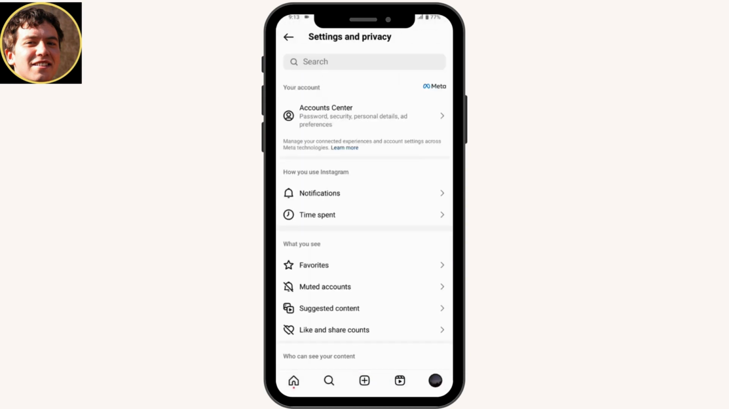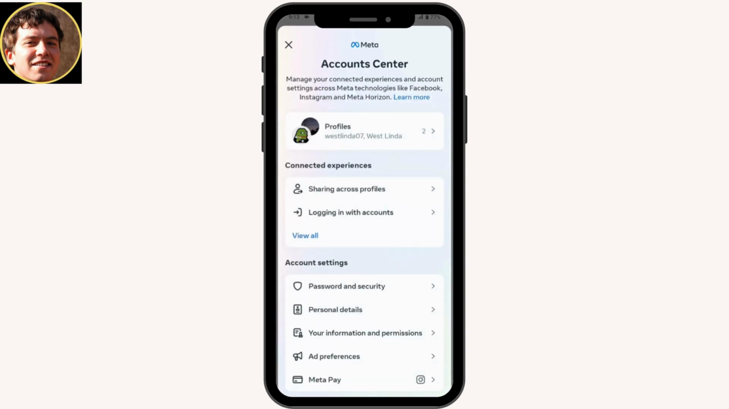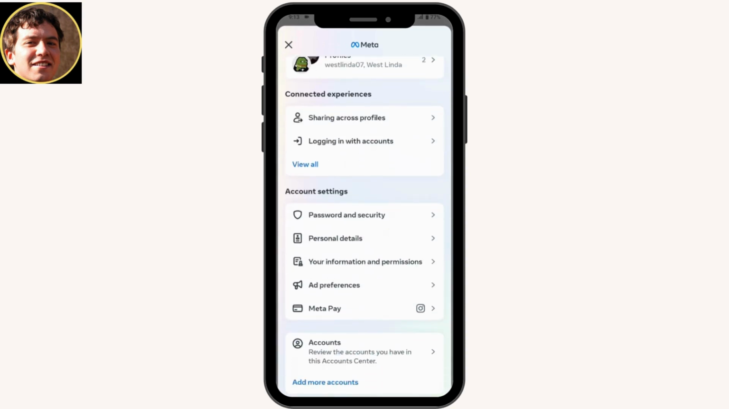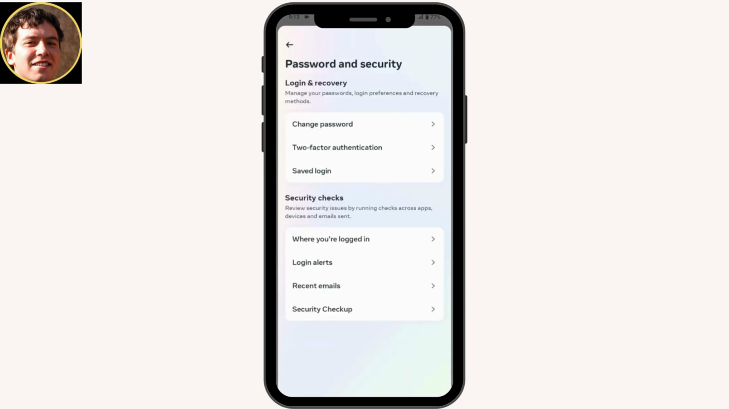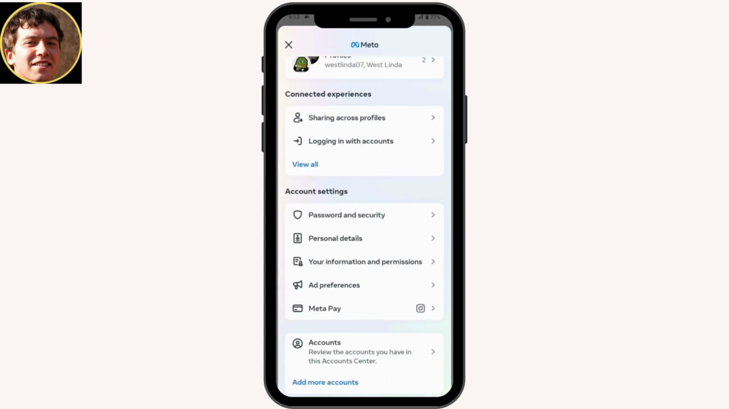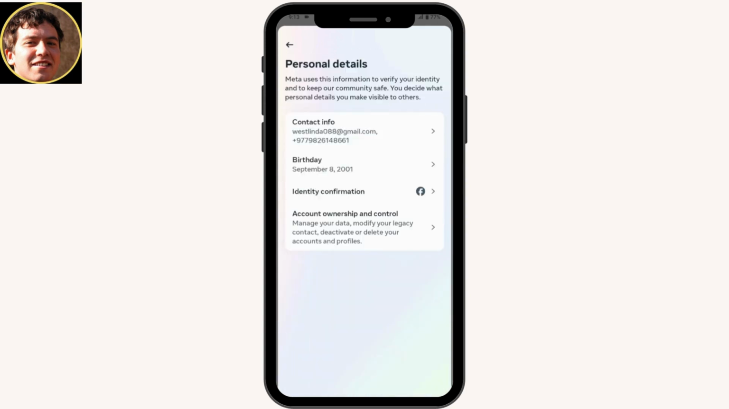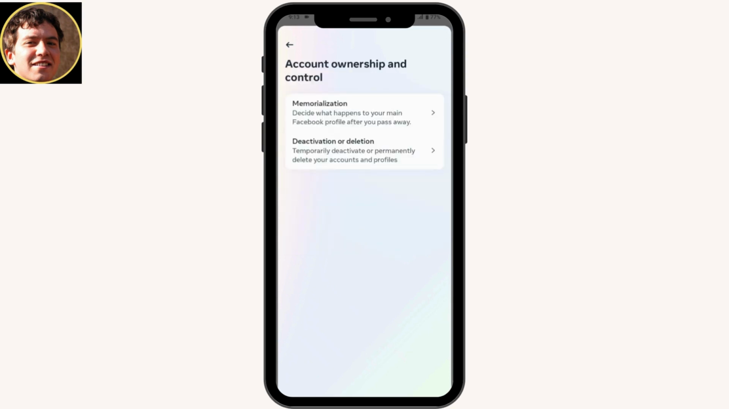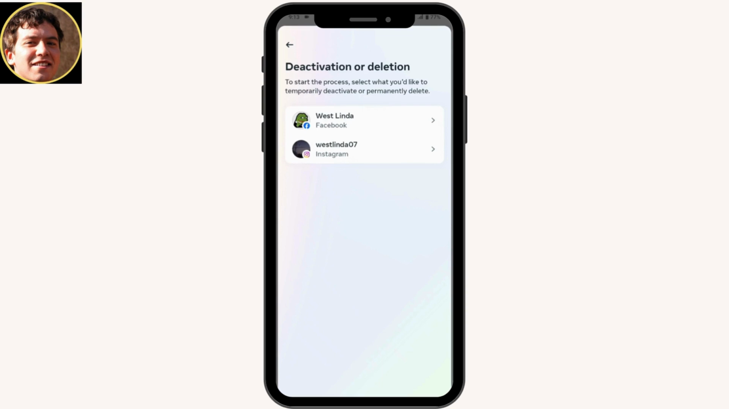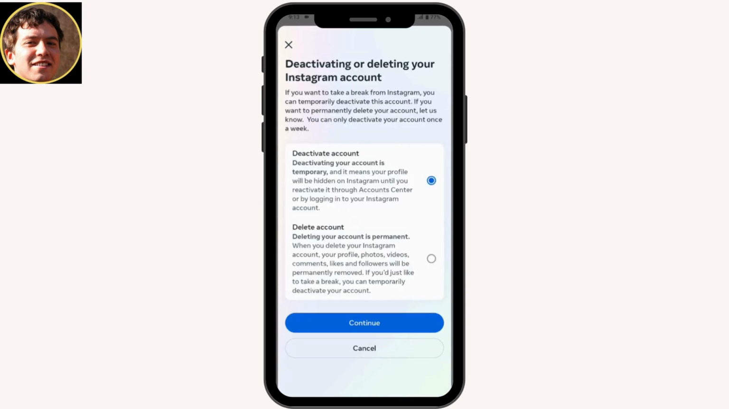Go for settings and privacy, and then go for account center. And under account center, you will have password and security. And under that, you can go back and then go for personal details, and under personal details you will have account ownership and control. Tap on that and then tap on deactivation or deletion, and then choose your Instagram account